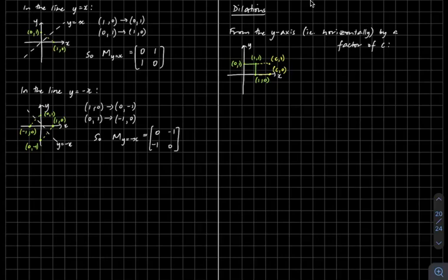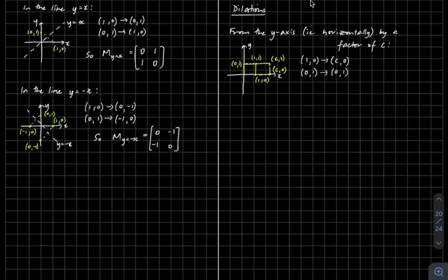So all the points that were on the y-axis are still on the y-axis, but every other point that was off the y-axis has been stretched out. And so I started with this square, and now I've got this elongated rectangle. Okay, so the point 1, 0 was stretched to the point c, 0, the point 0, 1